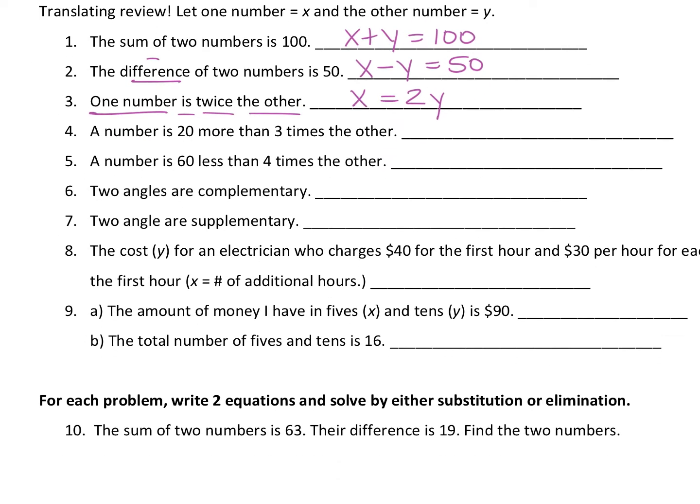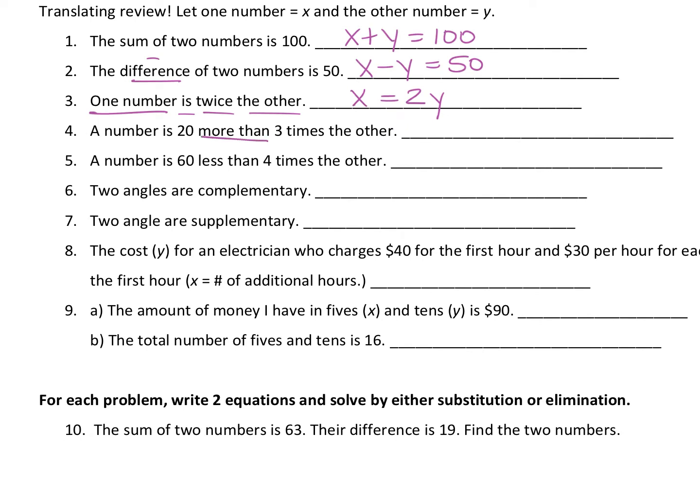Okay. These are the ones you have to be a little bit careful with. More than and less than. When that "than" shows up, that's when you should be telling yourself switch them. Now, more than, does it matter if you switch them? No, because it's adding, right? And adding is commutative, so you may write it in either order. But less than, you absolutely must switch them. So I'm going to just try to get you in the habit of switching them whenever it's more than or